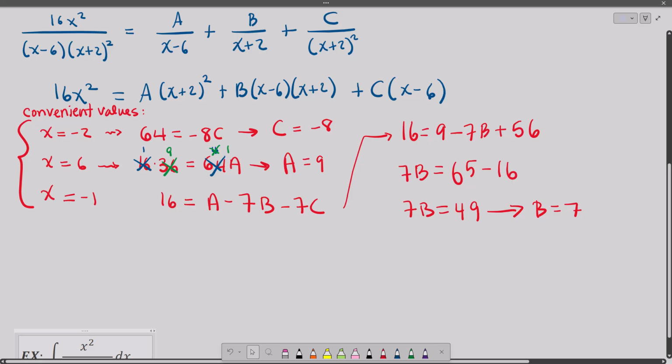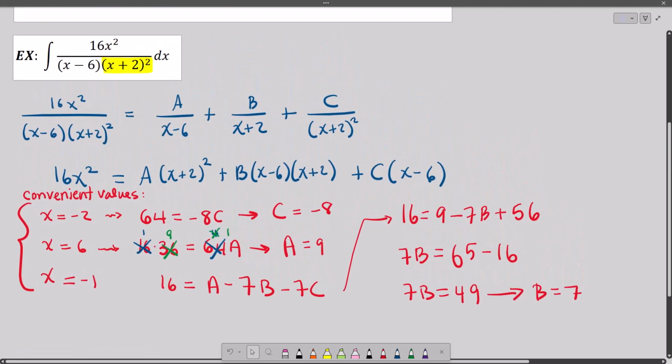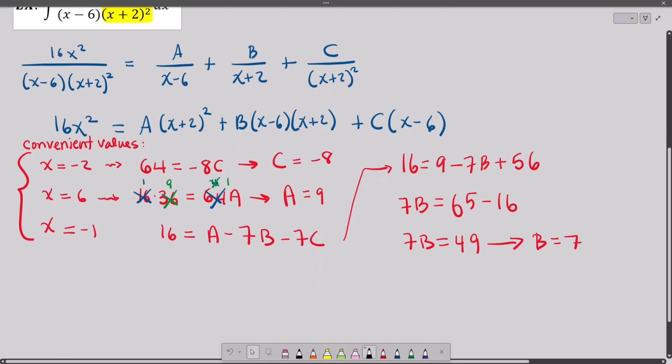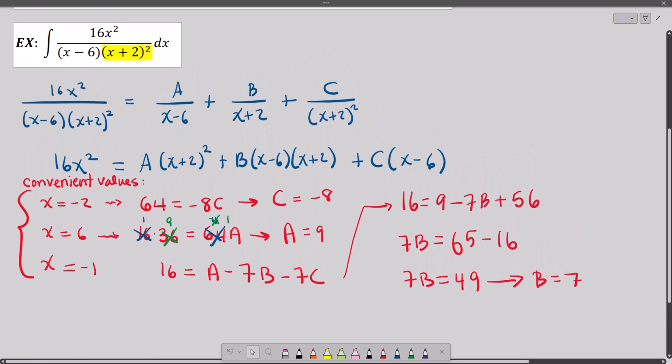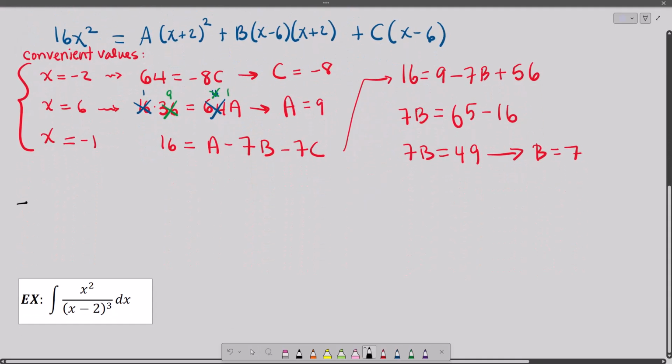Did anyone have a question on how we got to this place where we found a, b, and c? Once we have the a, b, and the c, then we go ahead and we convert our integral into the integral of hopefully much easier things. So our integral, if we want to call it something, we can call it like the fun letter, gamma. So our integral is now,